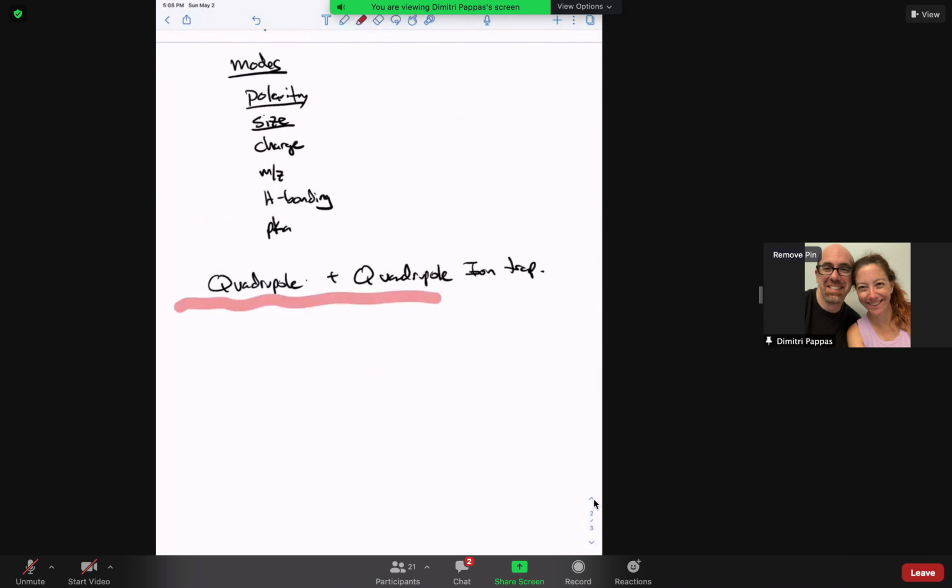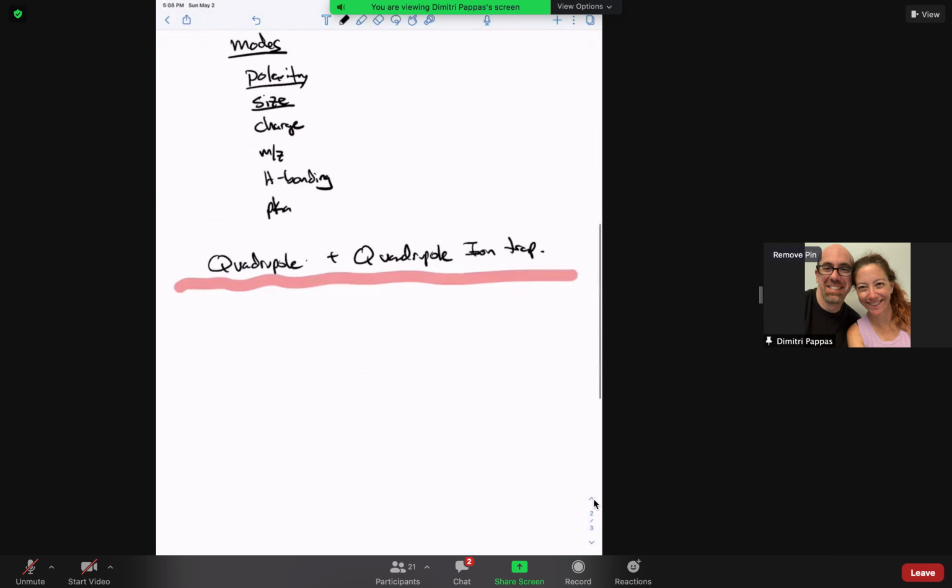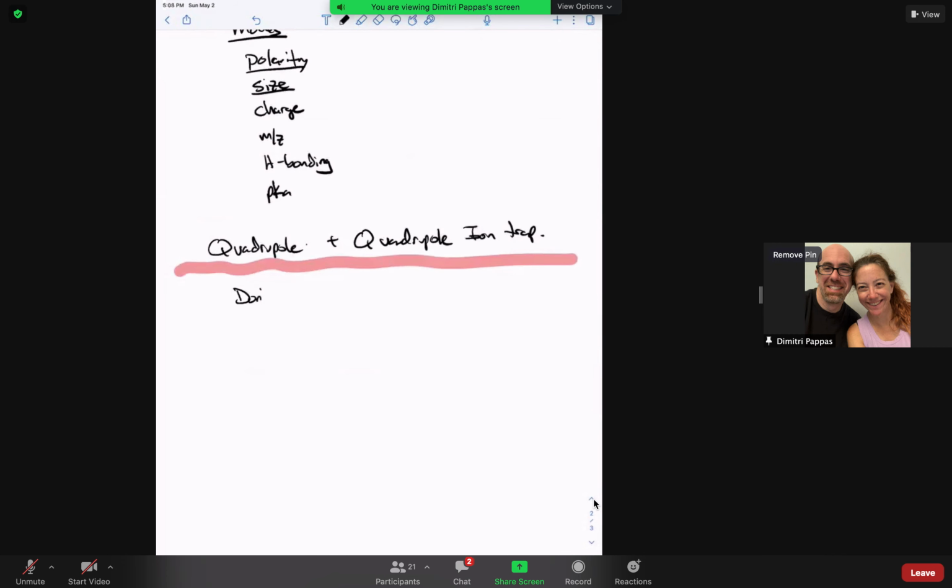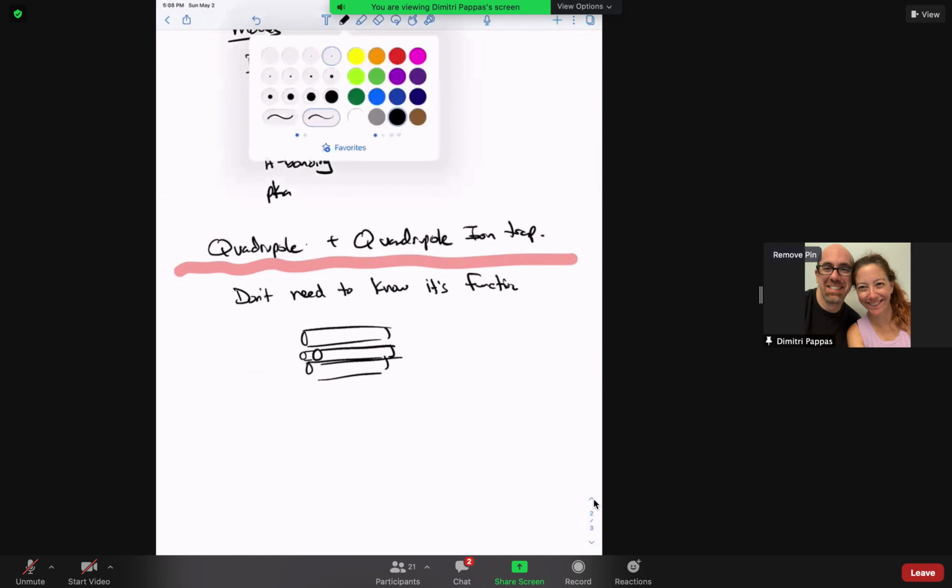Okay, so quadrupole ion trap. You don't need to know how it works in the sense of what the poles are all doing. If you want to think about it, it's essentially four poles. I'm going to draw them three-dimensionally. And you have an ion,